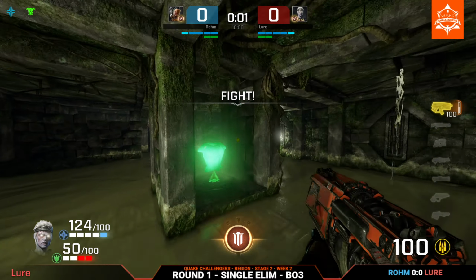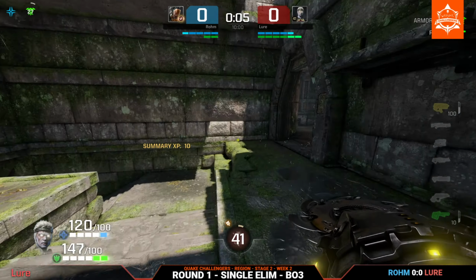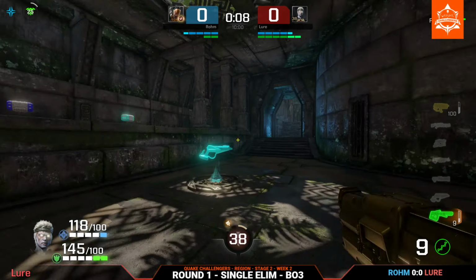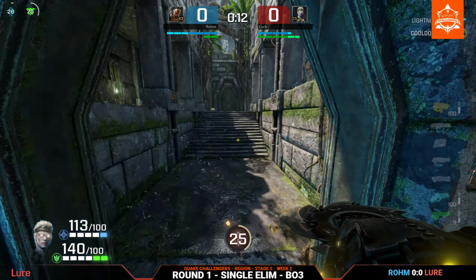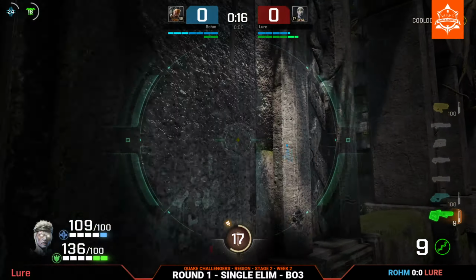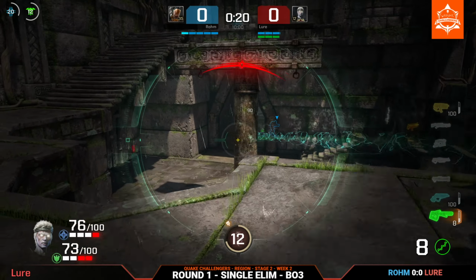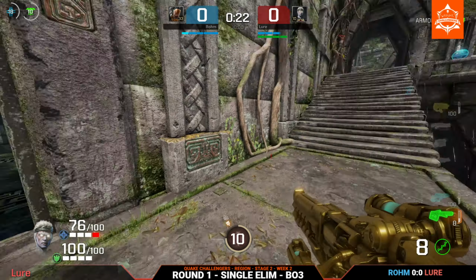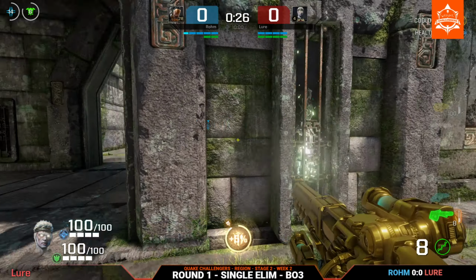Fight. This one spawns by the heavy, picks it up, drops a totem immediately, gets his rails and his LG. Must be careful about the rocket launcher from above. And he plays with a little bit of care, tries to stop Rohm from picking up that light armor by the tribal in the machine gun room, eats a rail for it, picks up the light armor right away, and Rohm